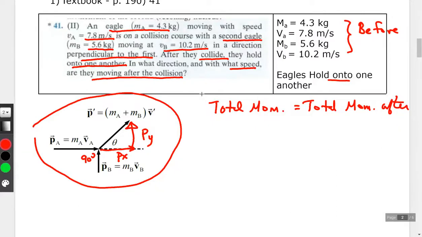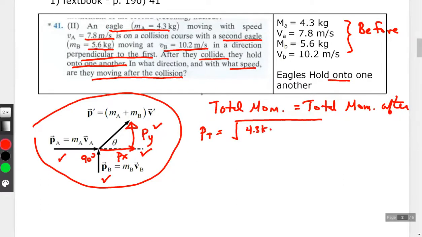So again, total x momentum before equals total x momentum after. Total y momentum before equals the total y momentum after. They join together to become one mass and one velocity. So let's find the total momentum before. We've got 90 degrees, so we can use the Pythagorean theorem. So the p total before is going to be equal to, using the Pythagorean theorem,